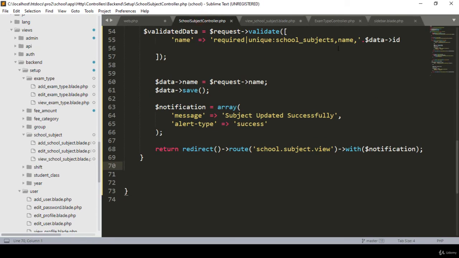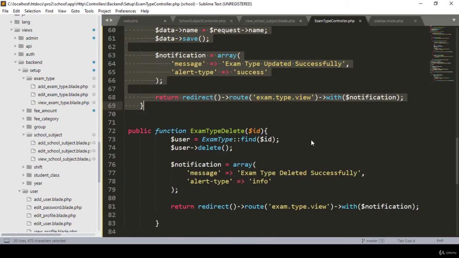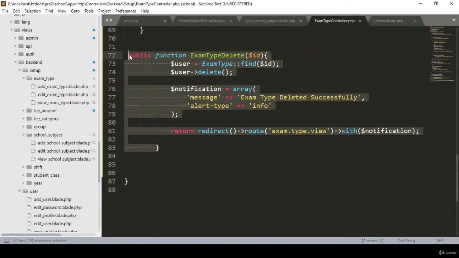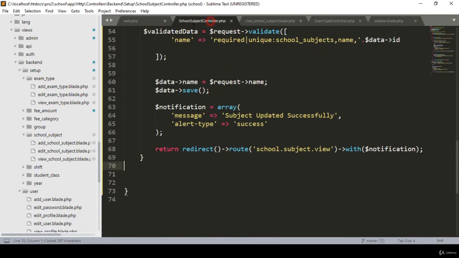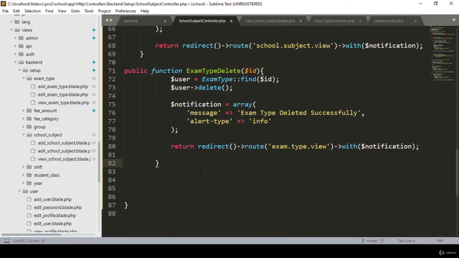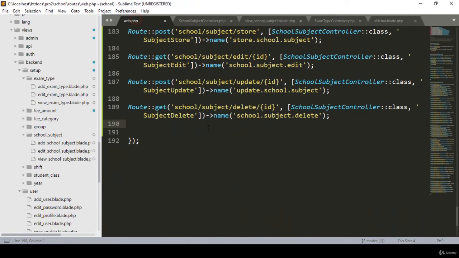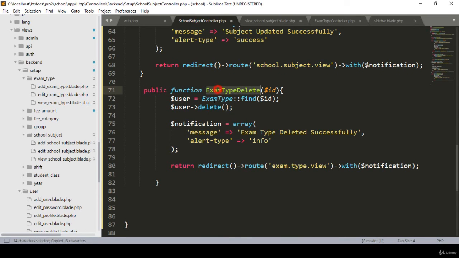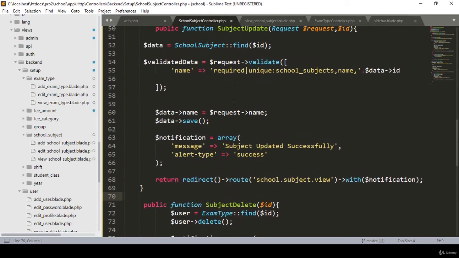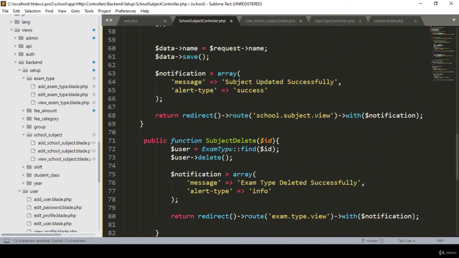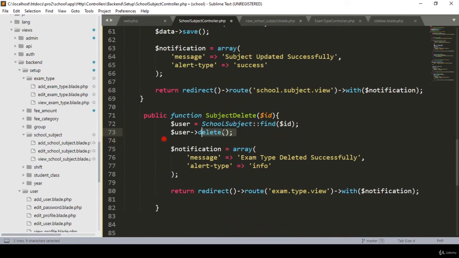So that is our controller. I want to copy it from our exam type, that will be the delete method. I copy it, and then here after this I paste it. Okay, so that will be our method. Our method name, obviously I have named it subject delete. I copy it, so that will be subject delete with the ID. Our model name, right now we are using the model school subject. How easy it is, you can see there is a school subject, find that ID, then you delete